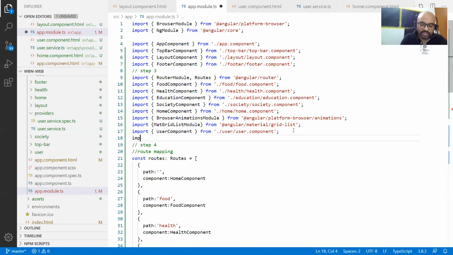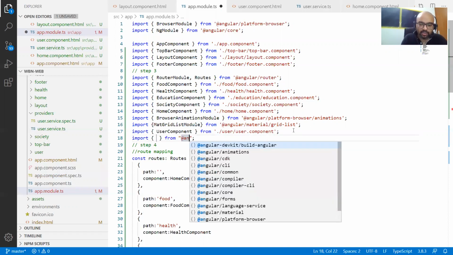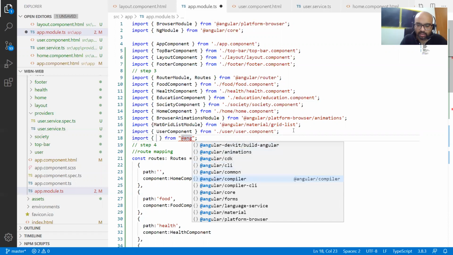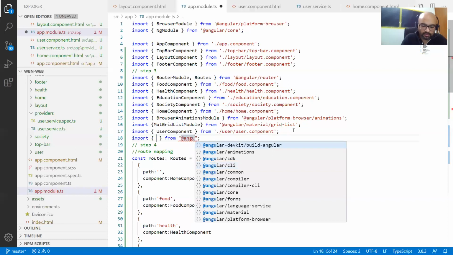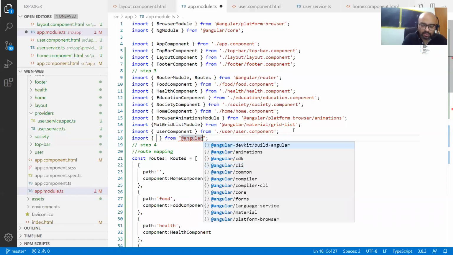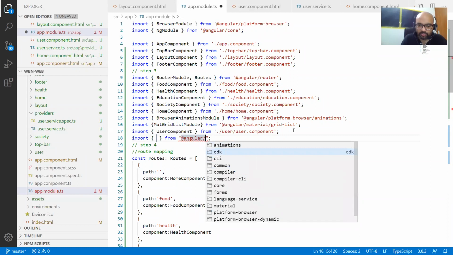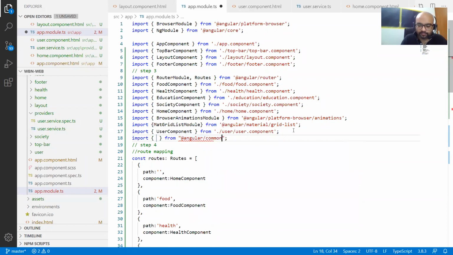So we need to basically import it. So import statement, say @angular/common/http, right?